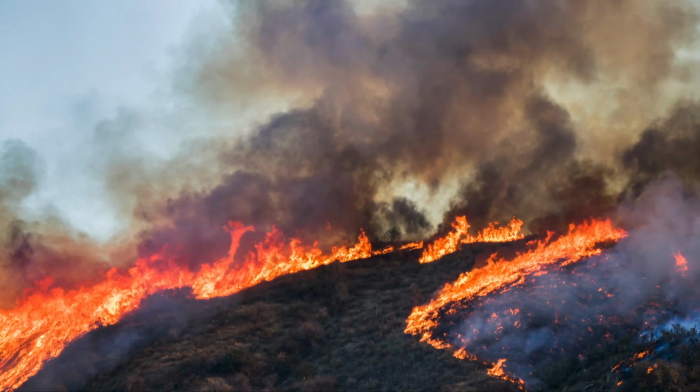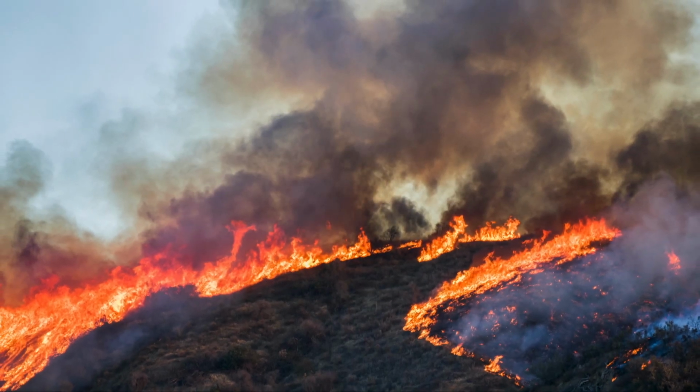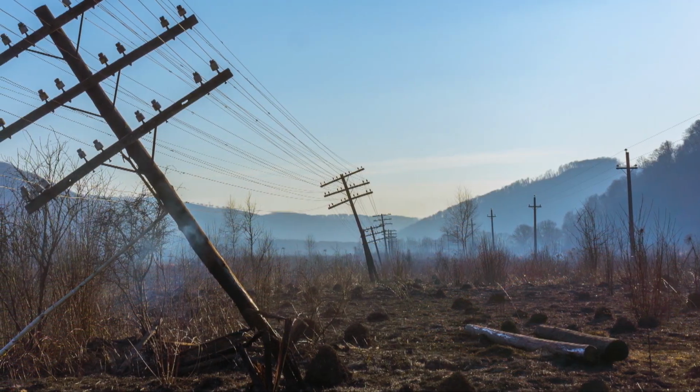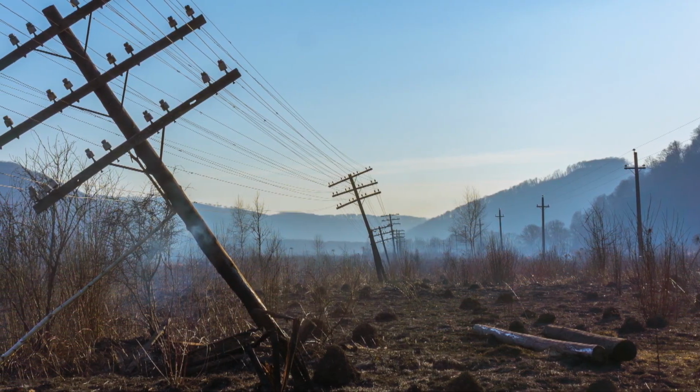Again, as we've seen here recently, high winds cause power lines to drop and snap together. Again, vehicles driving down the road, we've had a lot of wildfires started by chains dragging, bearings going out on wheels, blowouts, a lot of different things. There's all kinds of things that cause it,